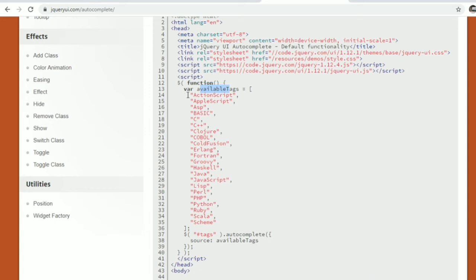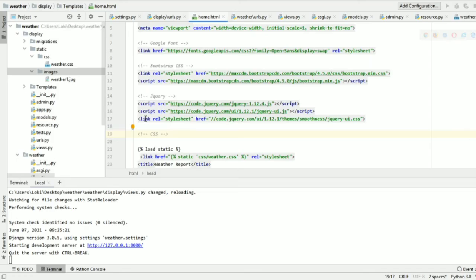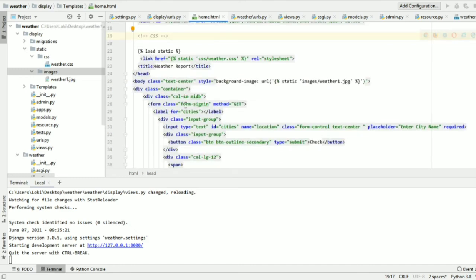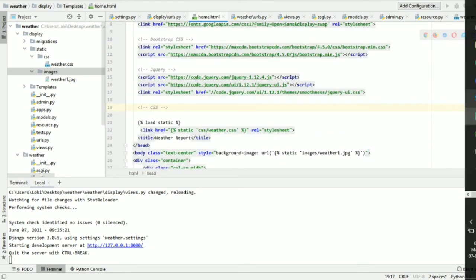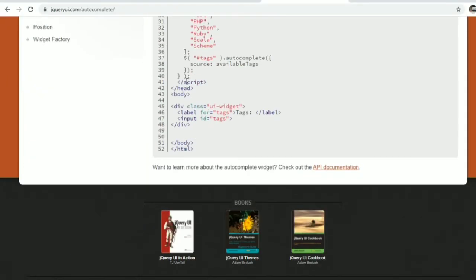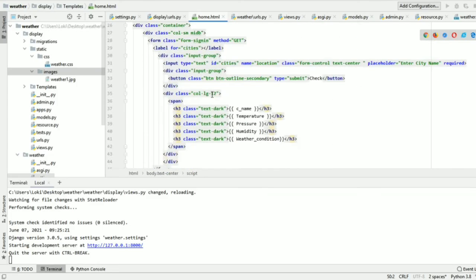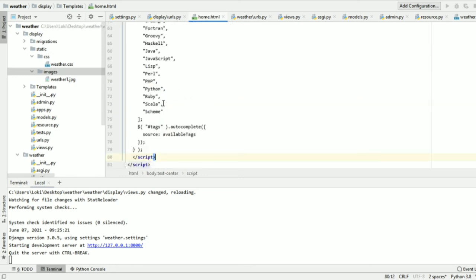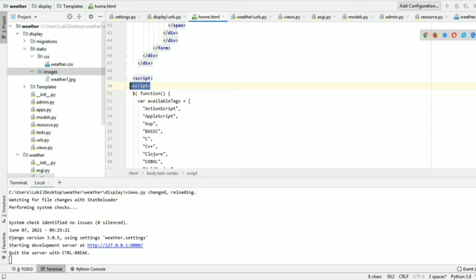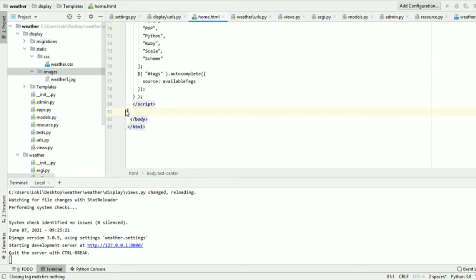So I need to give access to the backend to get the names of the cities which exist at the backend. Before doing that, let me copy these links to paste inside my code. I have pasted the script and its reference into my code. I need to paste the script tag into this code. Fine, I will copy the script tag here. Now let me copy the whole script. Control C. Let me paste the script tag below here. In script I will paste the whole script tag. Let me remove the script here and here. Fine, this is the script.